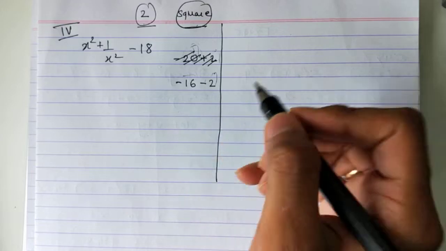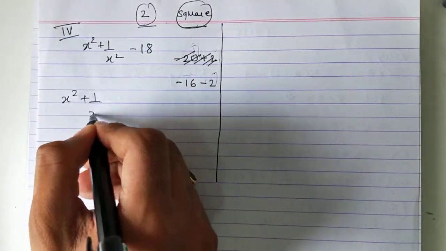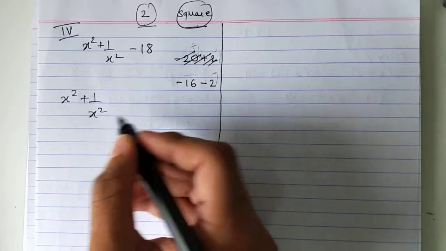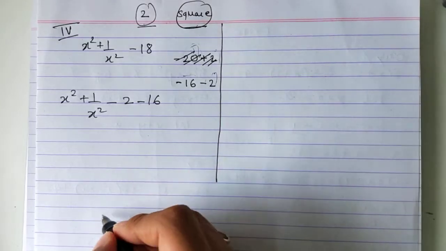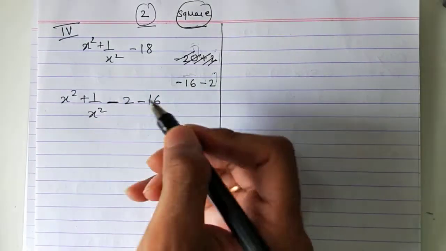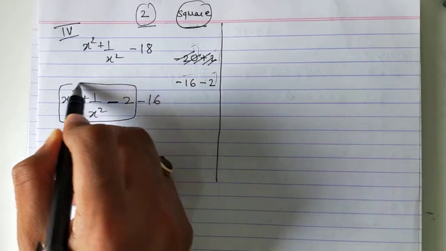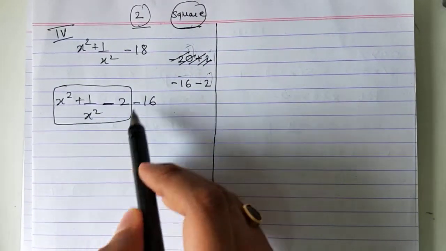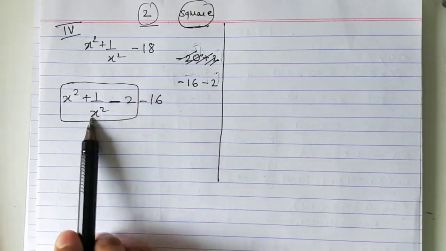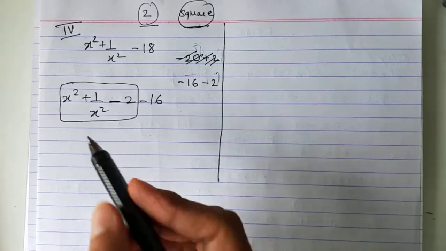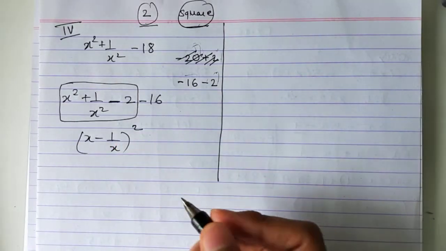So this is the splitting I will use. Okay, and how to use it? See, this is a typical sum. So x square plus 1 upon x square, write it like this. First you write minus 2 and then you write minus 16. Okay, now you observe. When you observe these first 3 terms, this is a formula of a square, correct, which we had done in expansions. X square plus 1 upon x square minus 2. This is the formula of x minus 1 upon x the whole square.